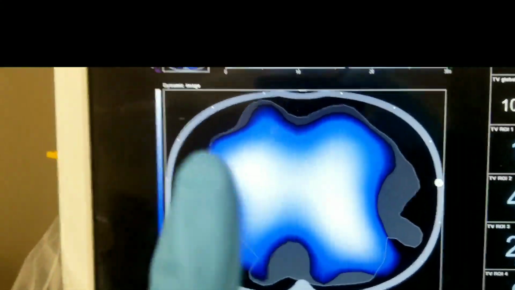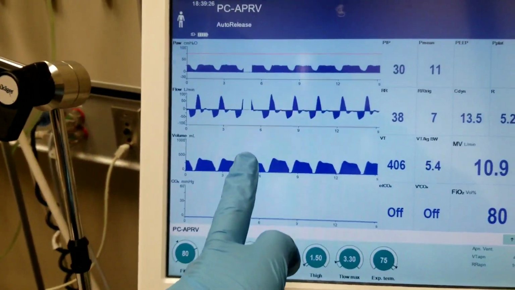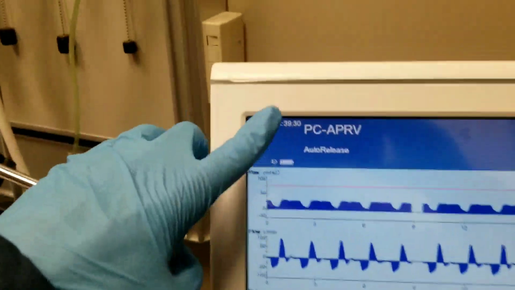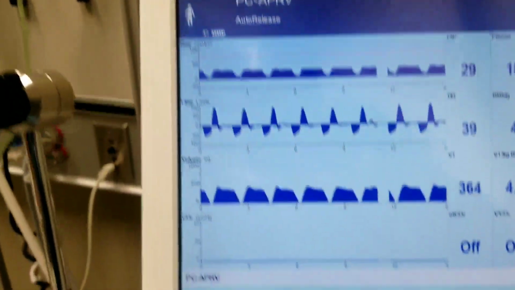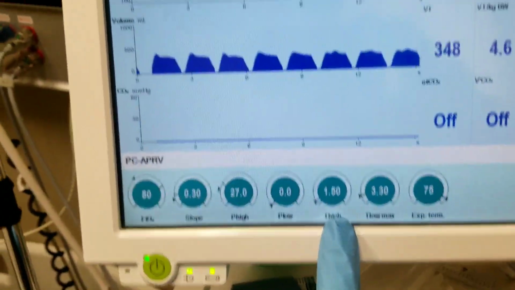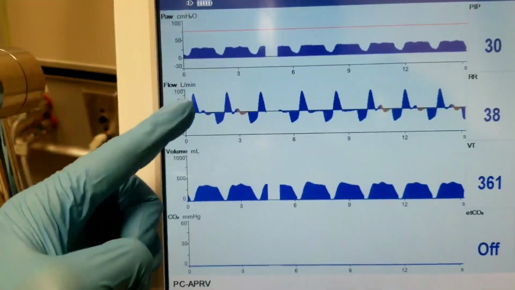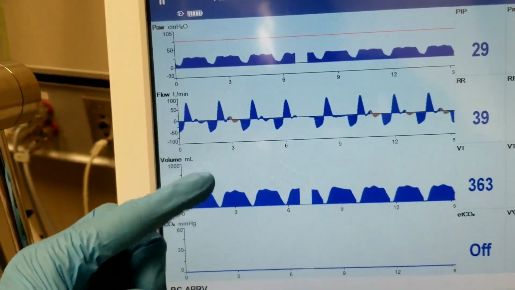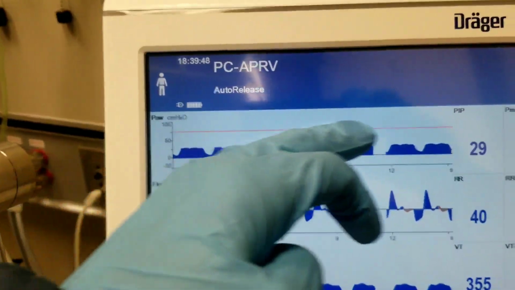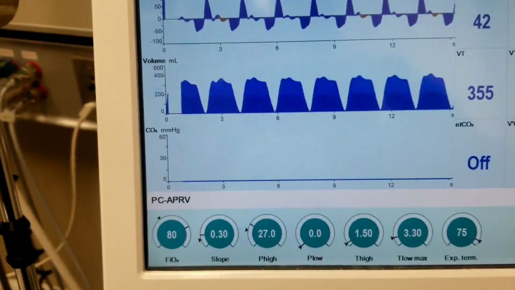Now, also keep in mind, okay, the misconception. Let's see. See, this is APRV. But it's called PC-APRV because when you're using an extremely low T high, the profile that you're receiving from it is basically ACPC. It's very close. You got the decelerating flow waveform, pressure controlled breath. Another important thing to keep in mind,